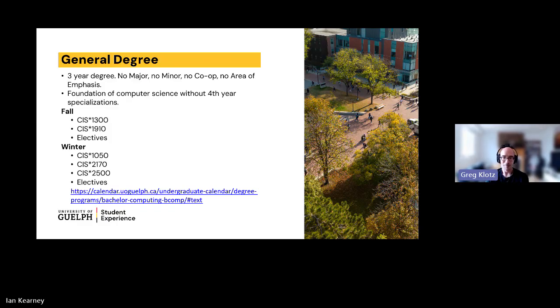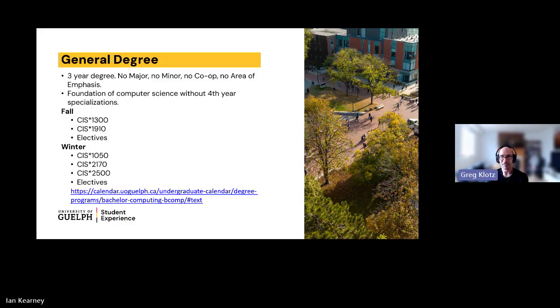And you're thinking, well, why are we looking at this now? One, some of you might be in this because you chose to be, which is great. And the Bachelor of Computing general degree is 3 years, it's fast, but it does give you a very good foundation in computing. And the other reason students might go into this is sometimes students are in co-op, computer science or software engineering,